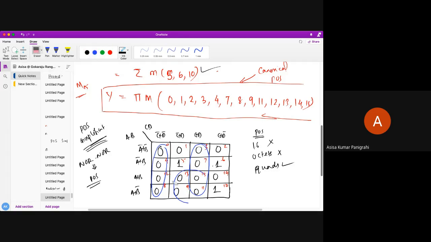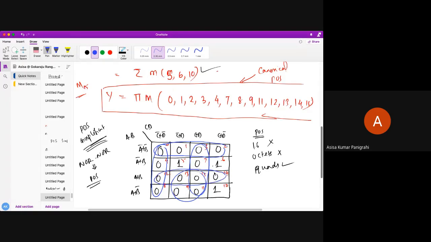So what you need to do here, okay, I can also do it this way, not an issue. We can do it like this, another quad. Any other, students? For this, we can also make a quad like this. No, it will give an extra. For this, you just group this one, because if you group this one, it will group both the remaining minterms. And here, how to group it? You can group it like this.